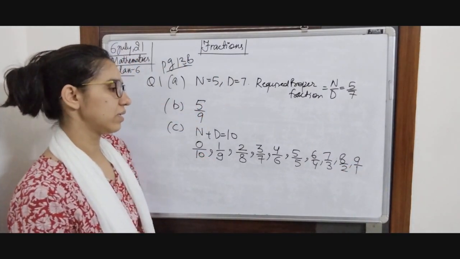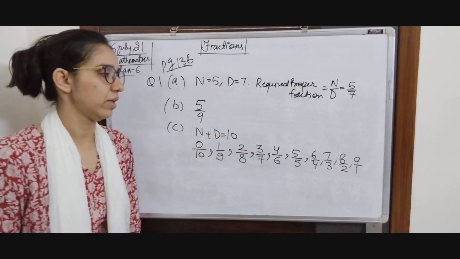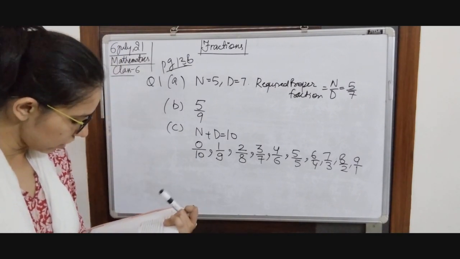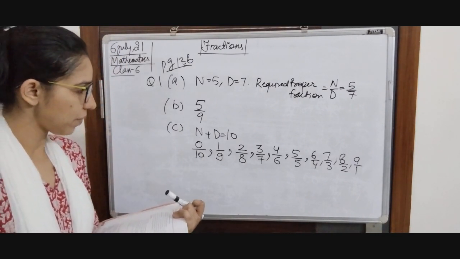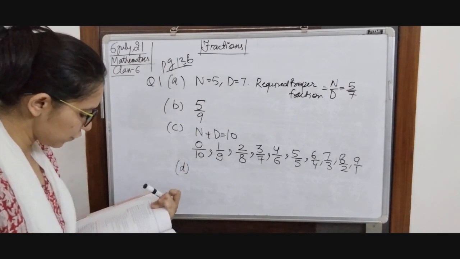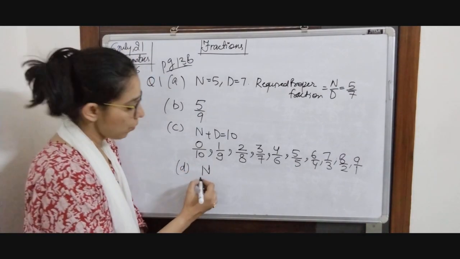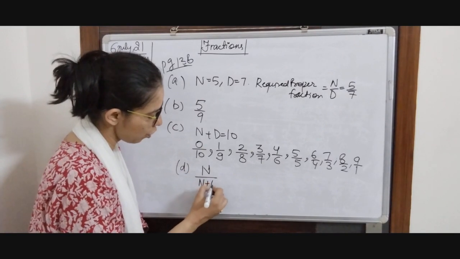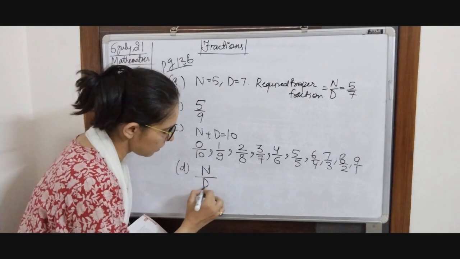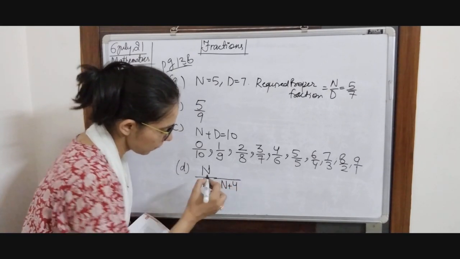So these are the numbers that you can make using numerator and denominator sum as 10. So D is going to be whose denominator is 4 more than numerator. Okay, numerator can be anything, but whose denominator is 4 more than numerator. So they are talking about this, okay. Or you can say n by D, where D is equal to n plus 4, okay.